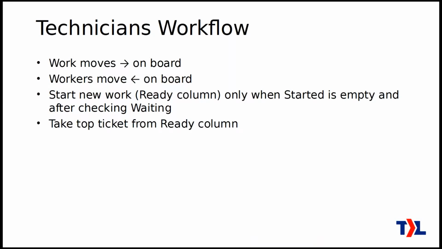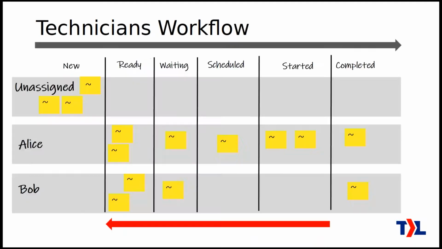And because the dispatcher has ordered the tickets in the ready column, whether that's your technician queue and they're looking in their own lane for the ordered tickets in the ready column, then they pick from their own lane, but they still pick from the top because they've been ordered by the dispatcher. Or you're using the team queue and they don't look in their own lane, they look in the common queue. They still look at the top because there the tickets have been ordered. Yeah, so pretty straightforward. We see the work move from left to right, and the engineers work from right to left.